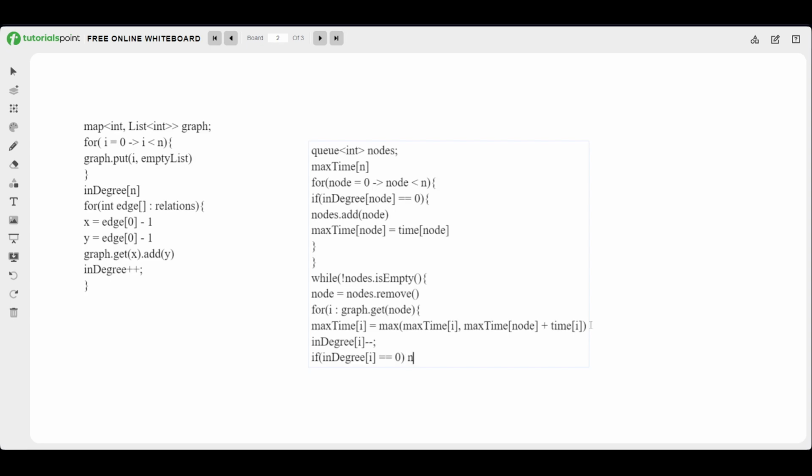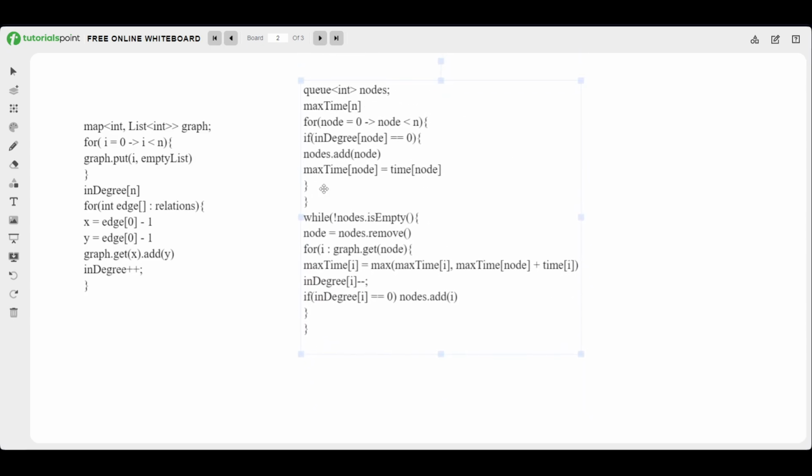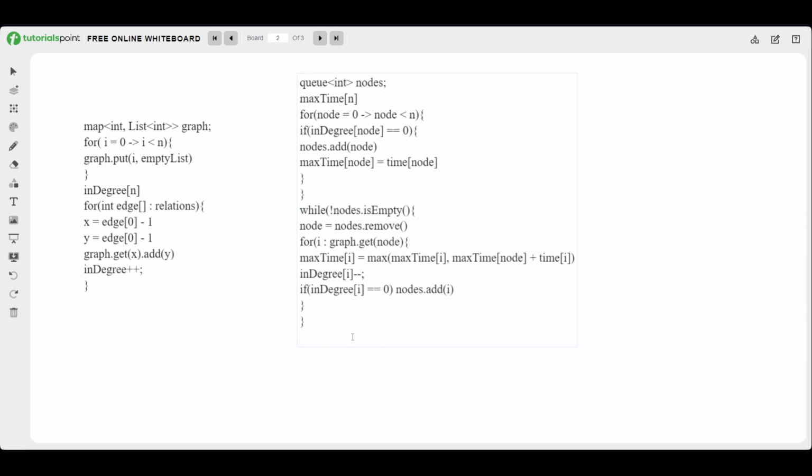So we'll be adding it to the nodes dot add I. Okay, and after this we'll be done with most of the things, and after this the maximum answer will be stored at the node which will be taking the maximum time. Okay, after doing all these calculations, we'll be running a for loop node equal to 0 to node less than n,